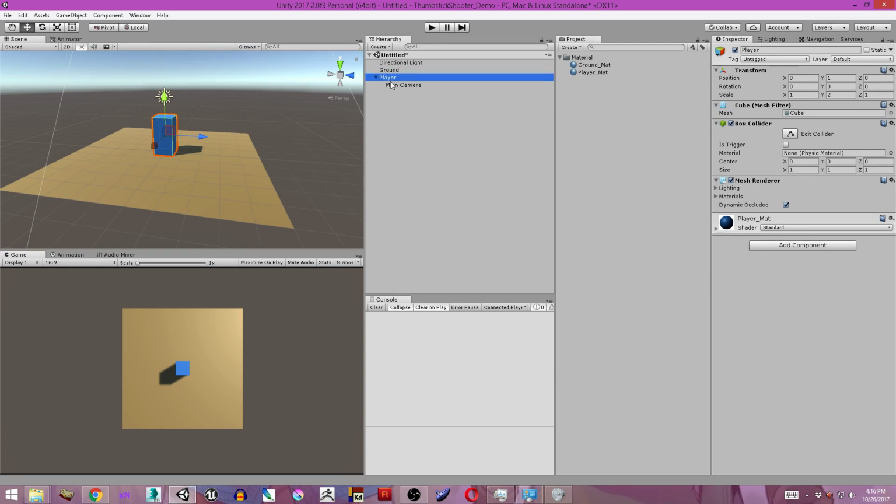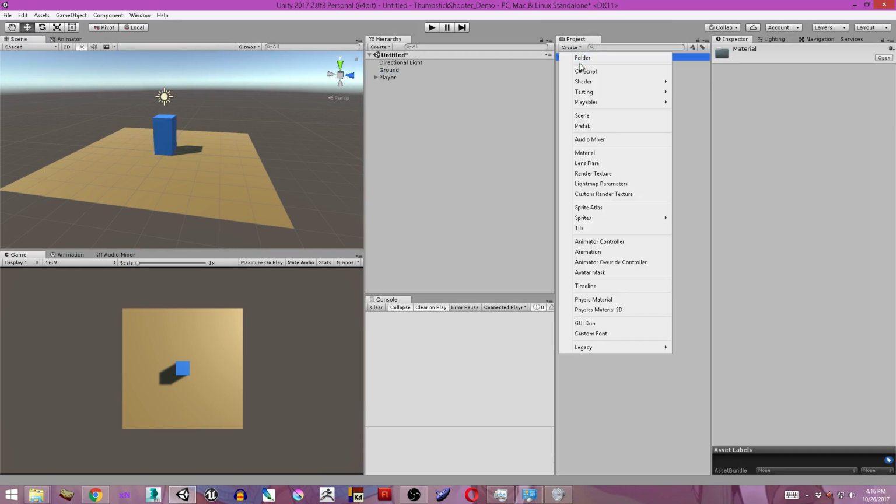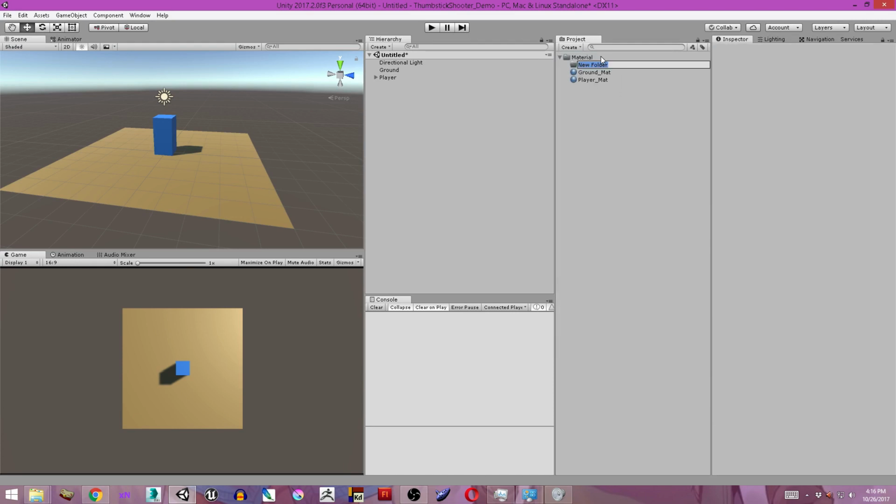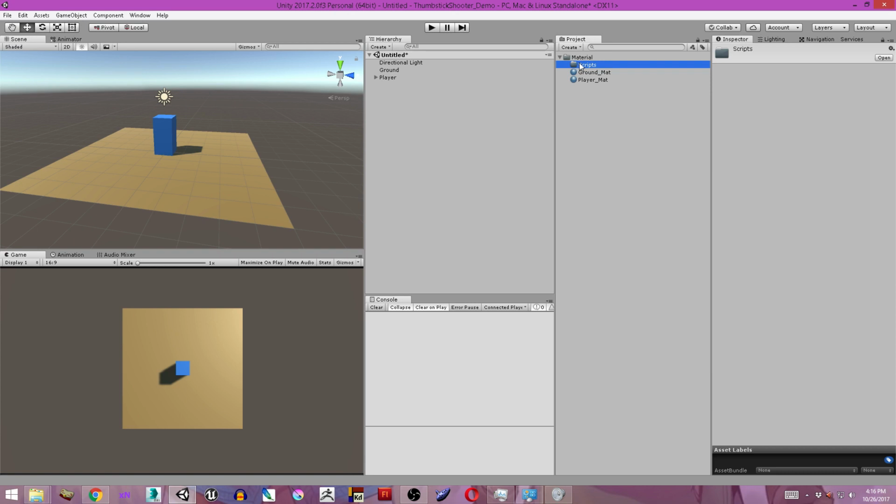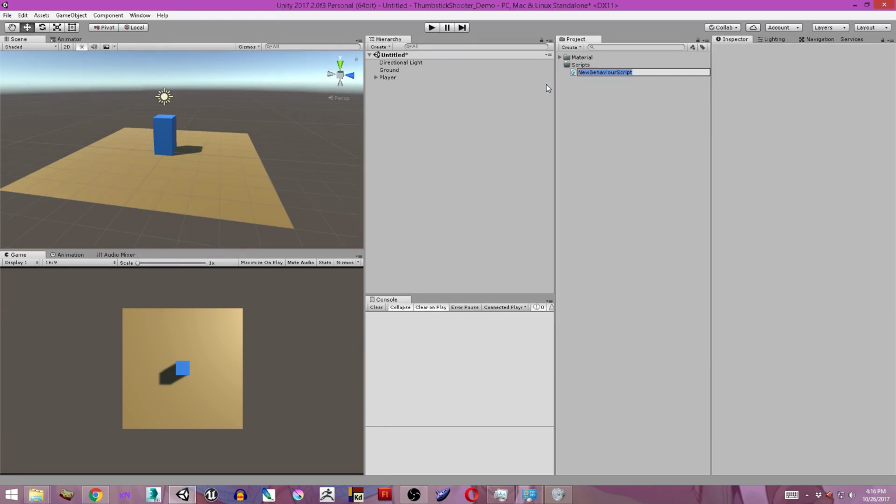Now we can get to the moving. I'm going to create folder, and I'm going to name this one scripts. Drag it out so that it's not under the materials folder, and I'm going to right click, create C# script. I'll call it player controls, or I'll call this one just player movement to keep it simple,